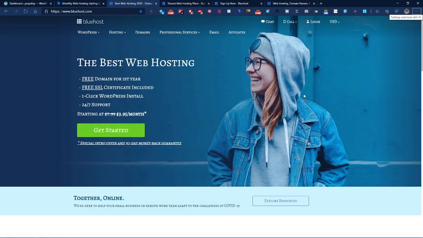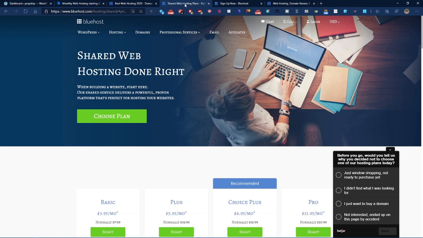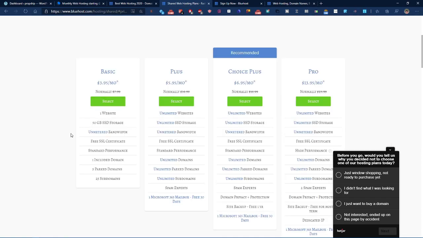This is part 3, tips for choosing your hosting plan. So if you're on Bluehost, you click on the Get Started button, and it will take you to the Shared Web Hosting Plans Done Right page. Click Choose Plan, and you can choose between 4 different choices. The basic plan is $3.95 a month, but you will pay all those 12 months, remember, one time. So whatever plan you choose, one time you pay the full fee of 12 months of $3.95, $5.95, $6.95, or